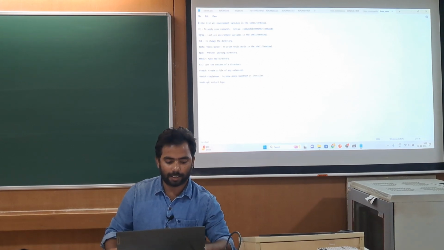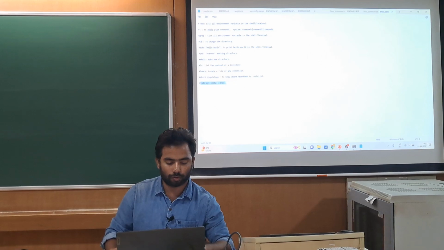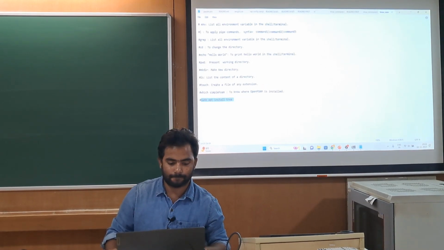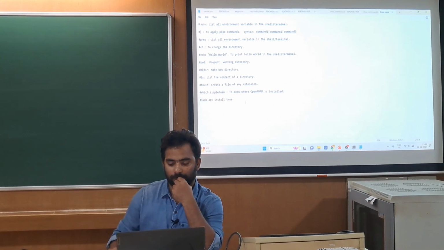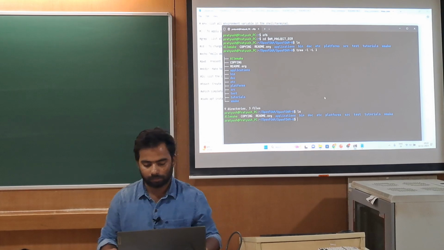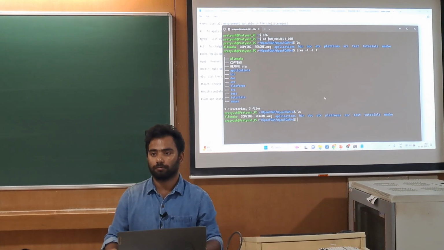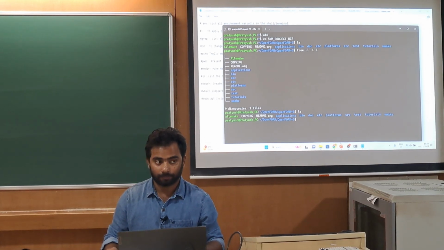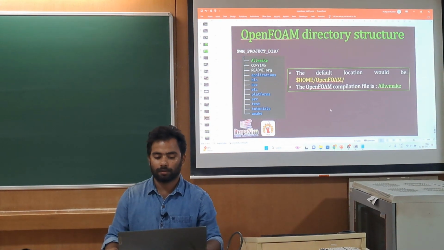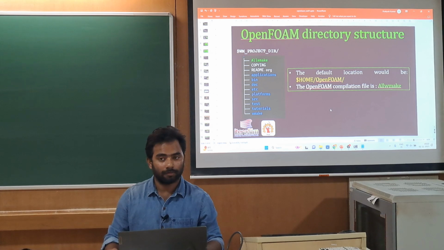There are all the commands, and if you want to install this tree command, you can install using this command, sudo apt install tree. Otherwise, it's okay. You can just list there. Okay. If anyone needs help, you can raise hand.